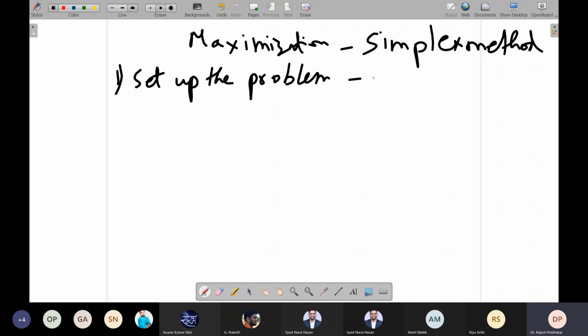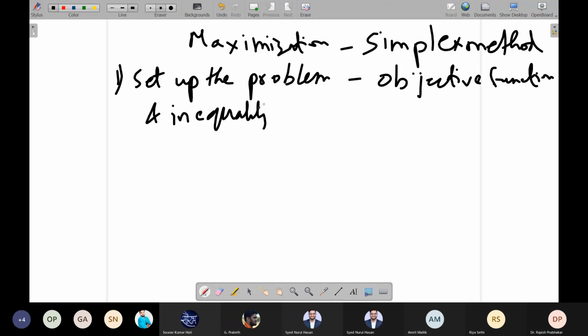When I say set up the problem, you have to identify the objective function and the inequality constraints.